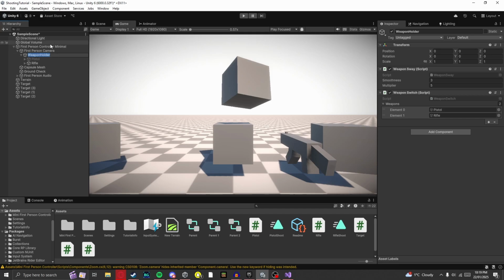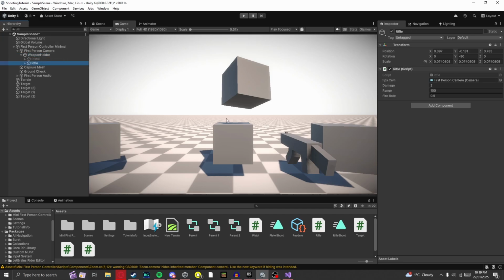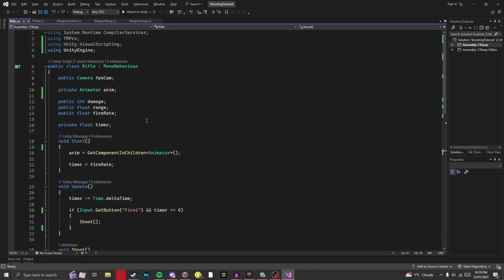So what you want to do now is, if you have a scene set up like this, like we've set up in the previous tutorials, we want to head over to the pistol or rifle script. It doesn't really matter which script you go to, because we're going to be copying over the same elements to each script. So in my case, I'm going to open up the rifle script, double click to open it up